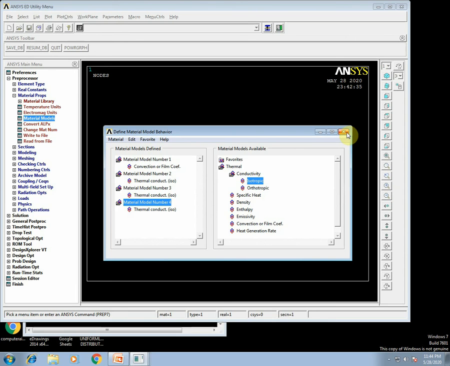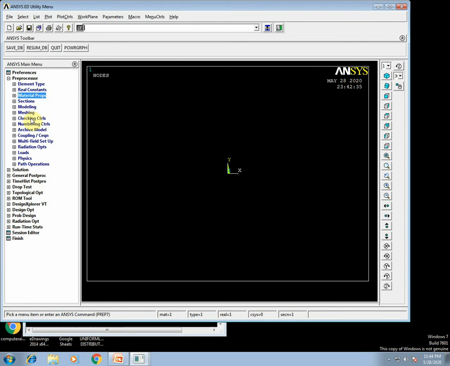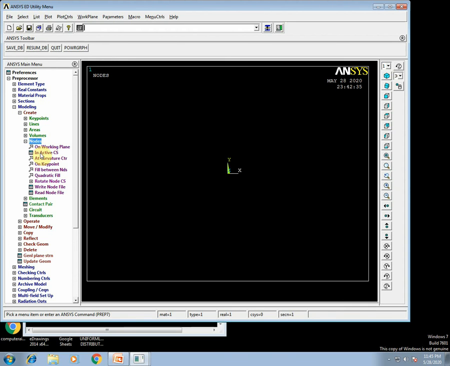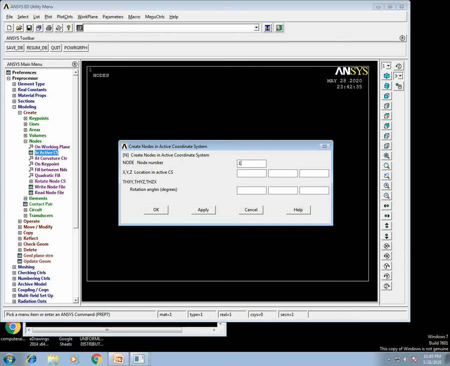Now I am going to create a model. Here 5 nodes will come, 4 elements will come. Modeling, create, node, in active CS, first one. First node coordinate is 0, 0, apply.